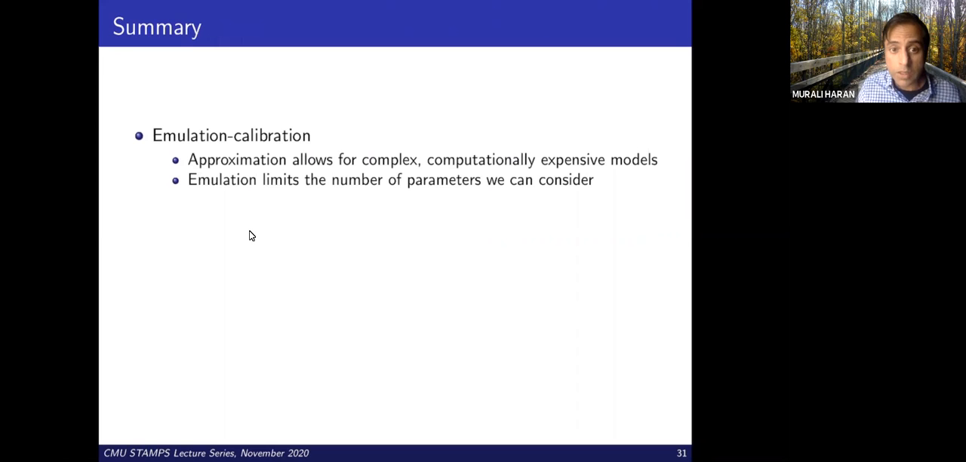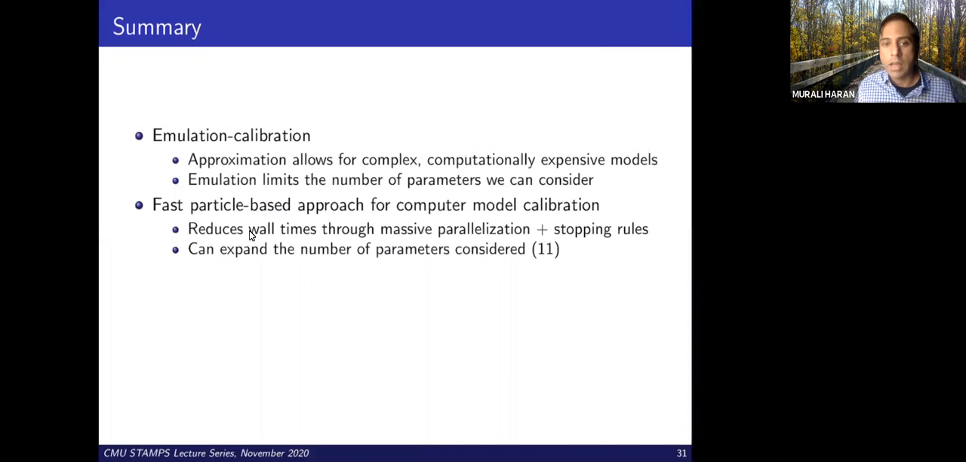So emulation calibration allows us to study more complex and computationally expensive models, but we're limited in the number of parameters we can consider. So that's the emulation calibration part. And the fast particle-based approach that I discussed briefly in the second part of this talk reduces wall times through massive parallelization and some other techniques that we added into the mix. And we can actually expand the number of parameters considered,